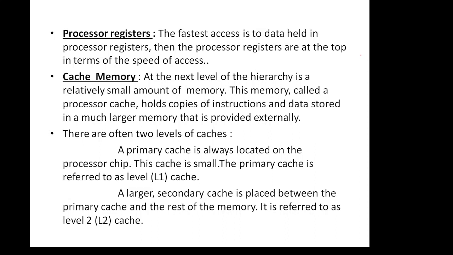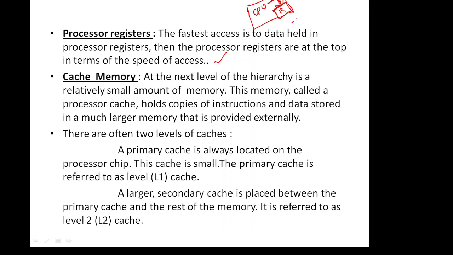So registers, as I have said, the processor registers are at the top in terms of accessing speed. Why? Because in the CPU only we are having registers. So this is the CPU. Some space is allocated for registers. If the CPU wants any instruction, first it will fetch in registers. So here there is less access time. The CPU can't go a far distance. Here it is fabricated inside only, so that it can take the data very quickly.